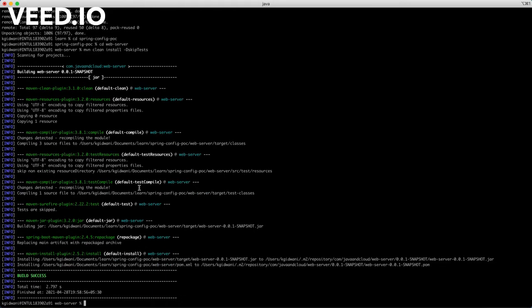The first time it will take a longer time as it will fetch all the dependencies. I'm running it the second or third time, that is why it's building very fast. So let's build the config server as well.